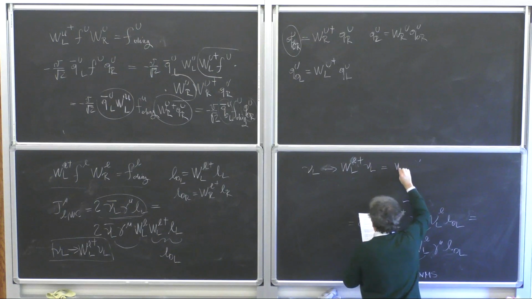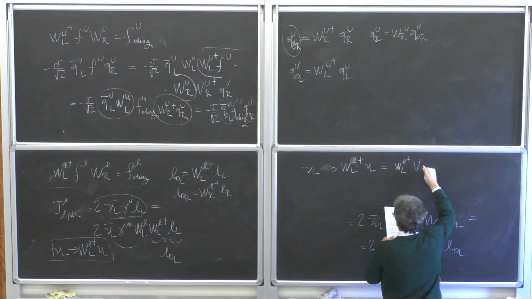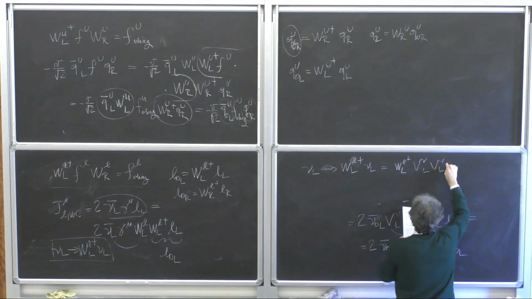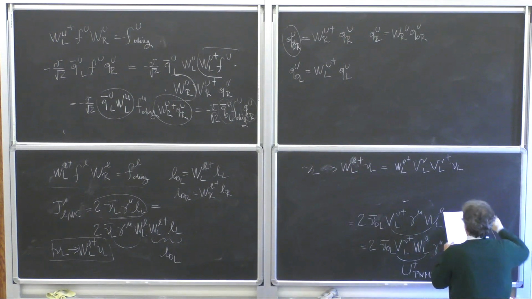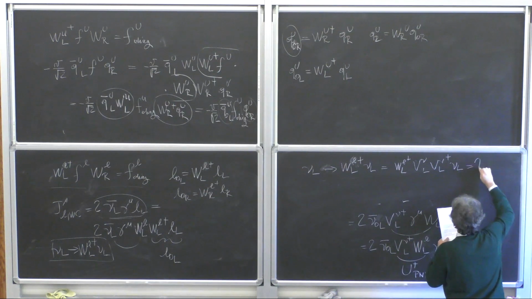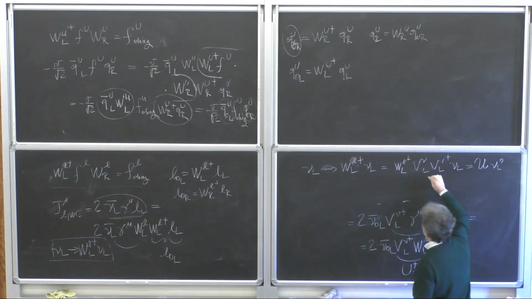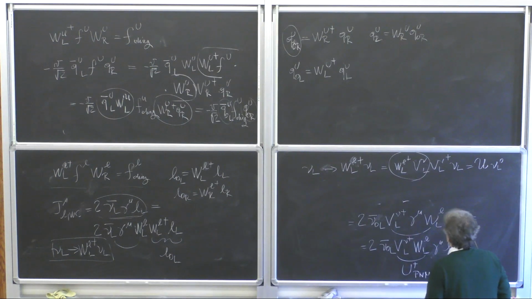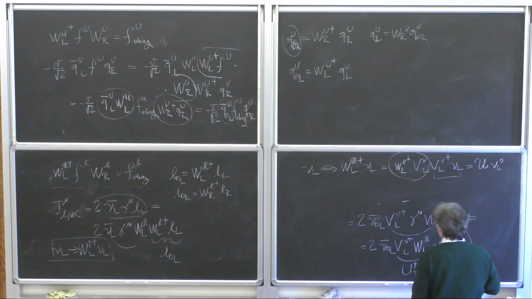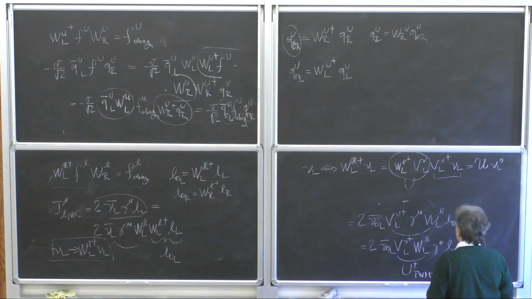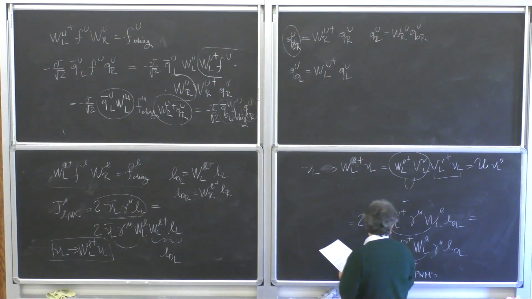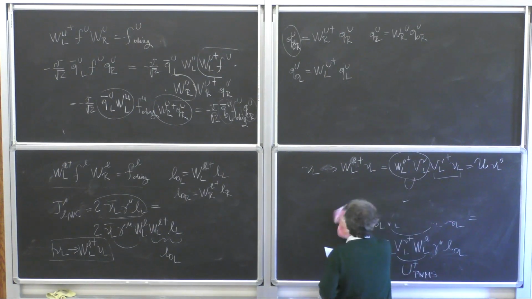This is W L L dagger. Then we insert V nu L V nu L dagger, the identity. This is exactly U nu L0, because this is the mass eigenstate for neutrino, this is the mixing matrix for neutrinos, and so the charge current, let's write it again,